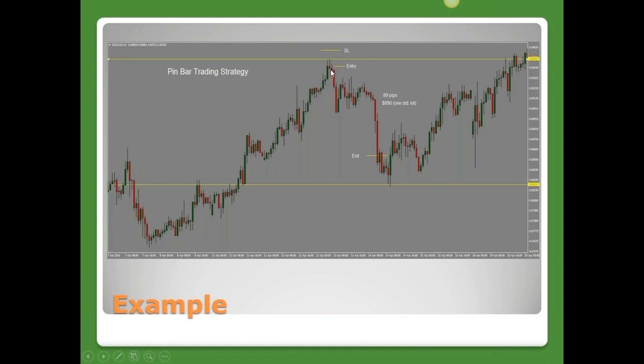So we get a nice pin bar here. Our entry can be right at the bottom of the pin bar, or like I mentioned, you can wait for a 50% pullback. In this case, we do get that 50% pullback that we tend to see. Stop loss would go above the pin on the other side of your support and resistance line, right over there, and you're looking for price to just come back lower. So you're looking for the next important support and resistance area that you can see, and you can either put your exit somewhere in here at the next support and resistance area,